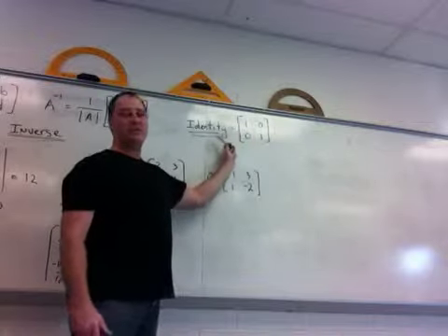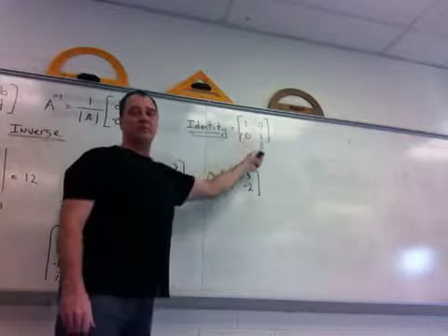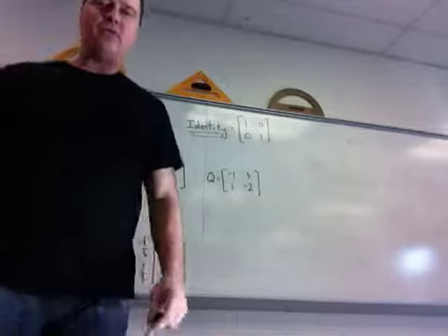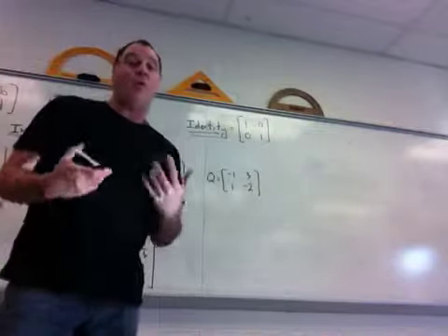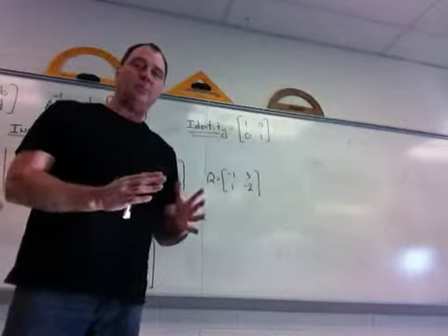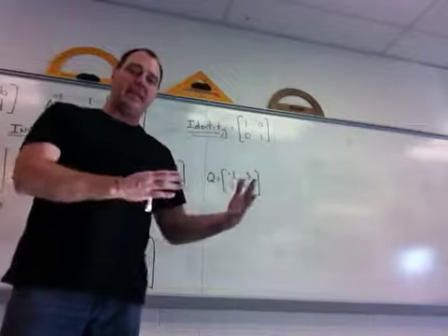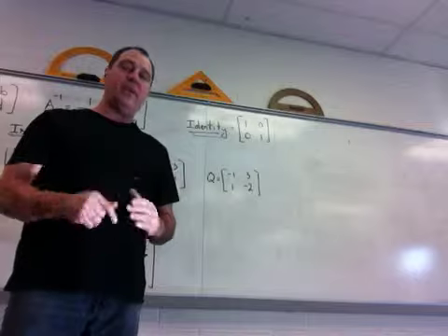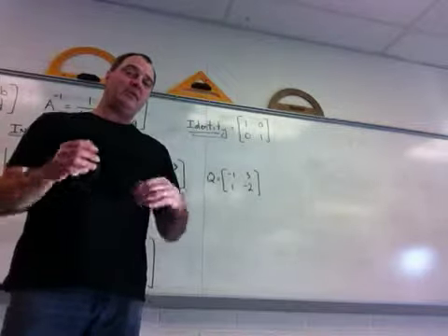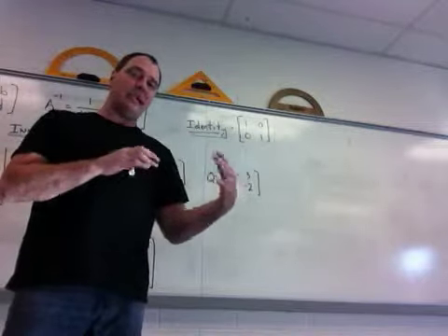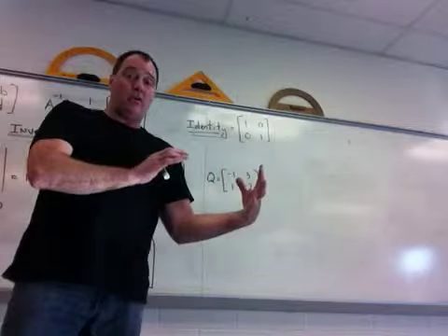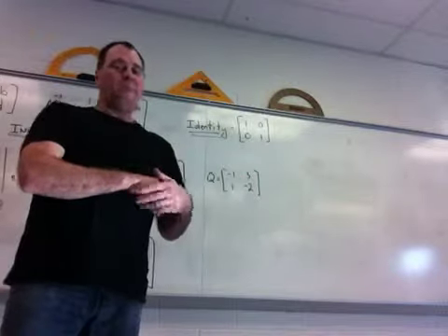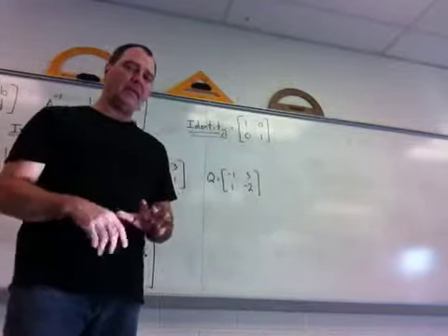So the identity matrix of a 2 by 2 is 1, 0, 0, 1. Now the identity matrix is a lot like 1. Okay, if you multiply anything by 1, you get that value. And the identity matrix works the same way. If I take that identity matrix times any other matrix, I'm going to get that other matrix. So we'll be working with that idea